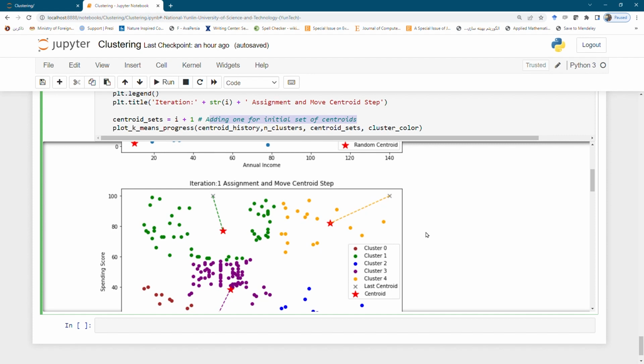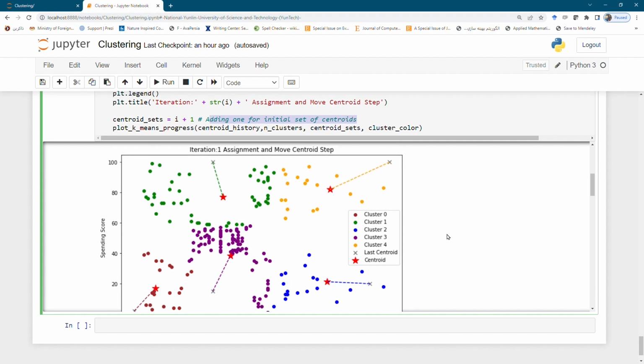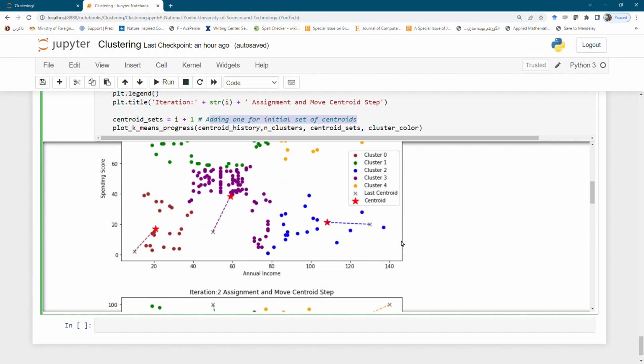The next step, we will run the k-means algorithm for only one iteration. You see here, iteration one, the assignment and move centroid step, and plot the new position of the centroids. Notice how the centroid positions change and clusters start to form around them. In step 2,